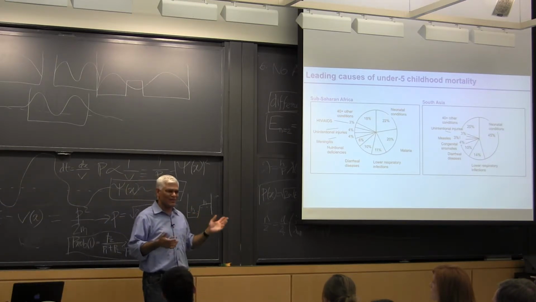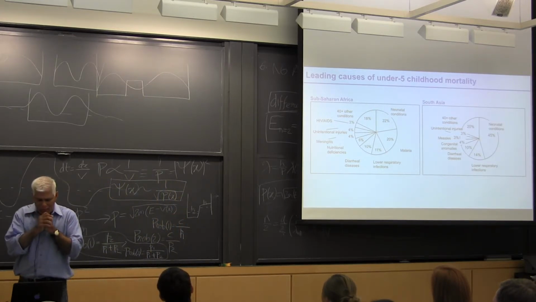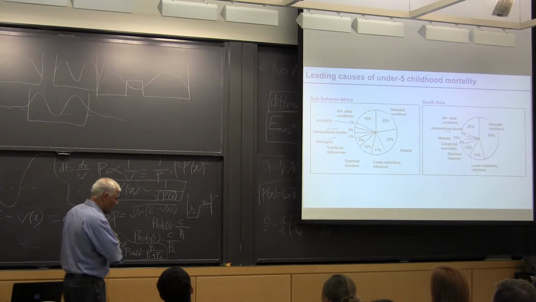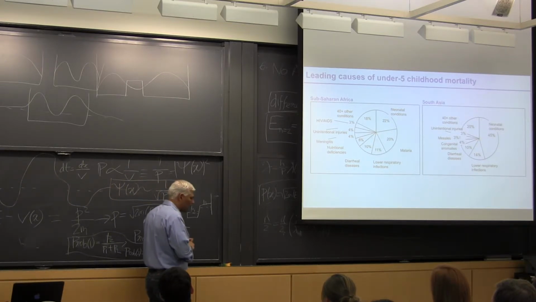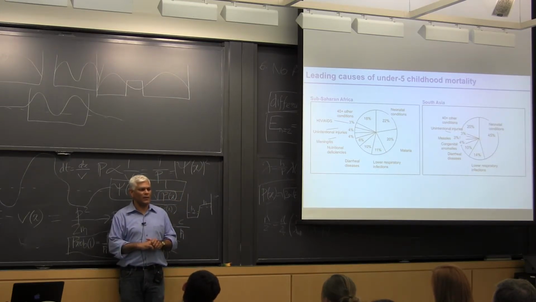Right, so we've looked at all the clinical stuff, and honestly, from a technologist's point of view, that's not very interesting. It's good information, but you can't really do anything about it. Now let's add the social dimension to it. Oh, let me ask you a question before that. If I were to ask you, what is the public expenditure on healthcare per capita per year in South Asia and Sub-Saharan Africa? If you had to pick a number, what would that number be?